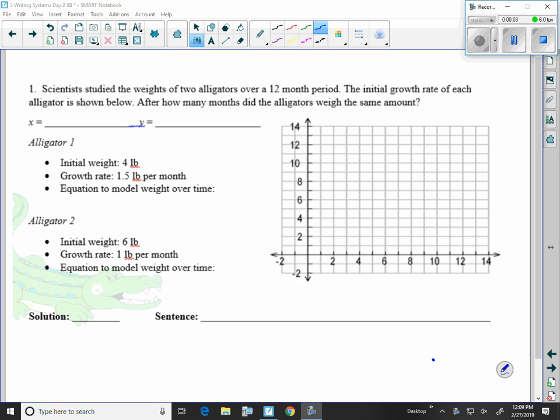Okay, the alligator problem. Do you see the alligator on your page? Yeah, two alligators. I like eating alligators. What? I like